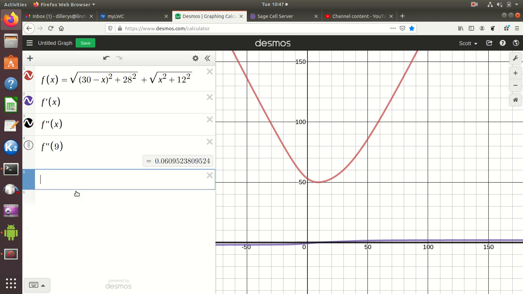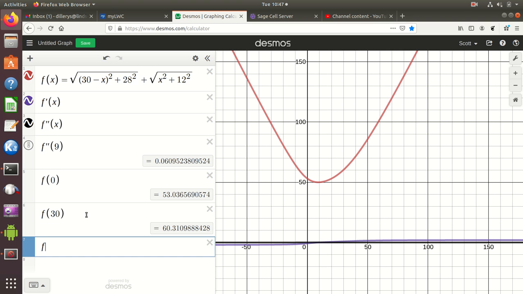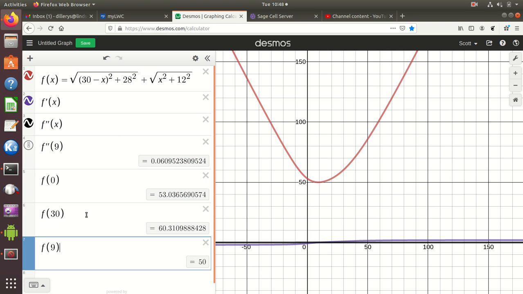I can also evaluate at 0 and 30, f of 0, f of 30, and f of 9. And we see that's 53, that's 60, that's 50. And so